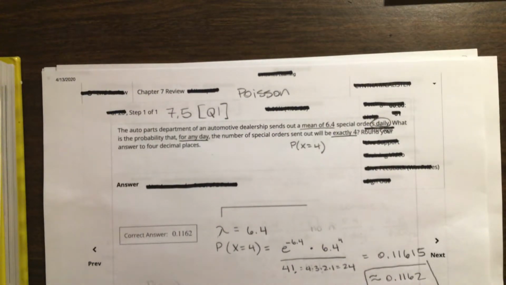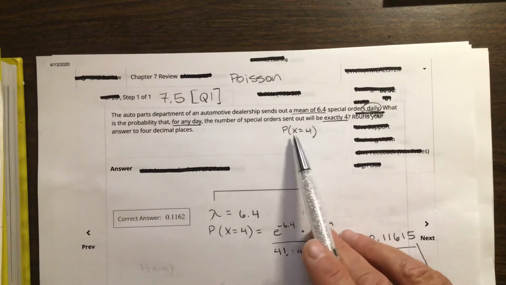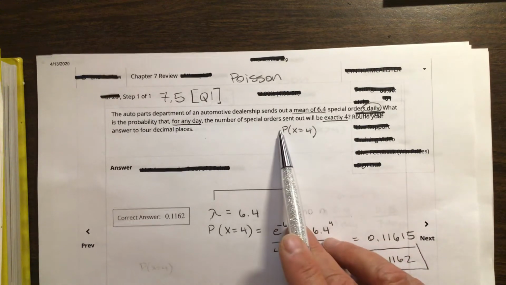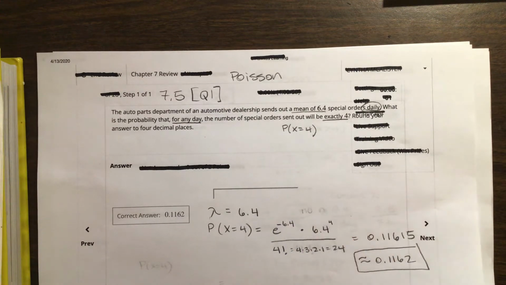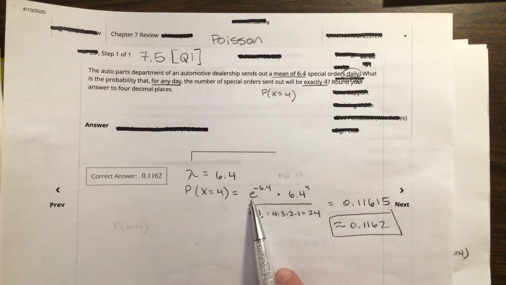Now, this first example is the simplest kind of problem, the one where they're asking us for some exact value. So we're just looking for the probability when x equals 4. So you're putting these values in the calculator,